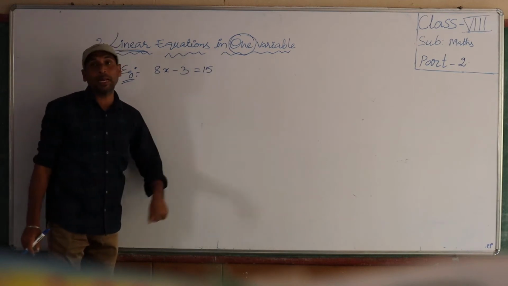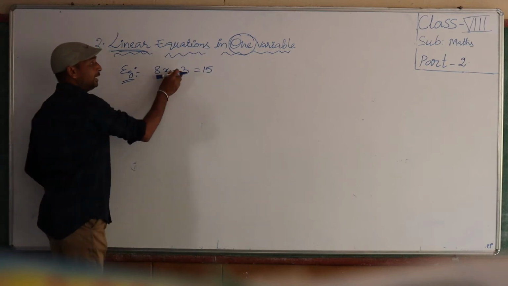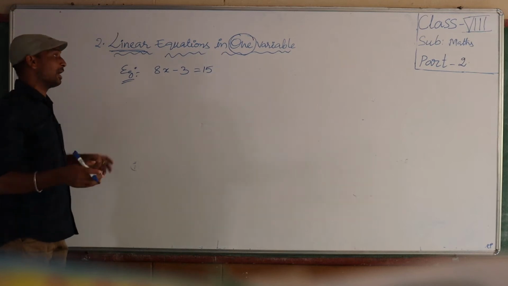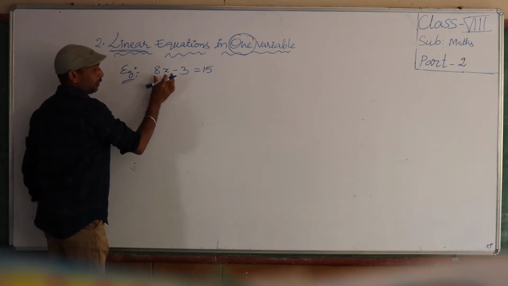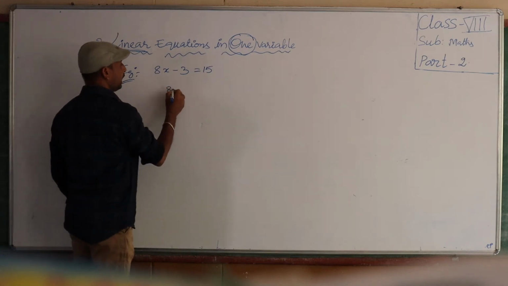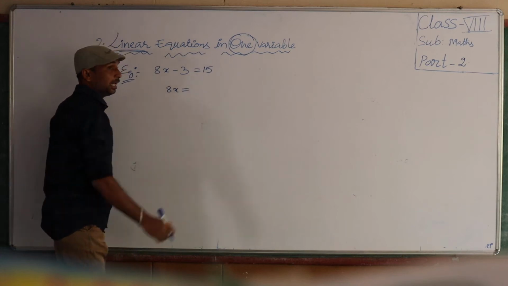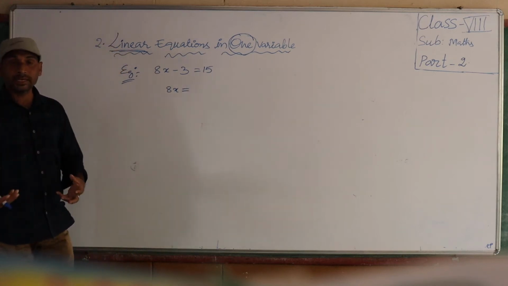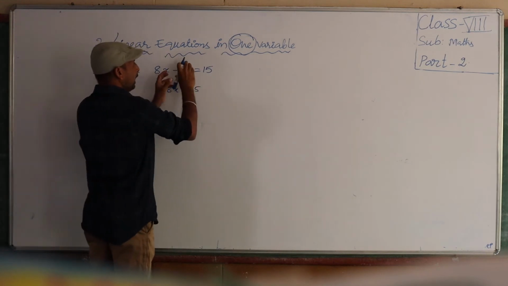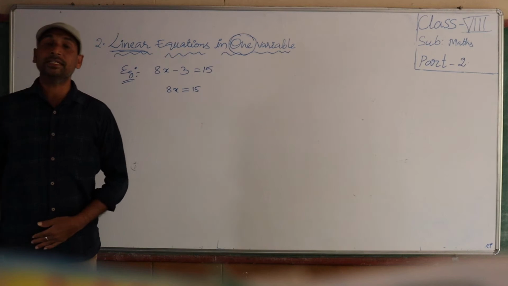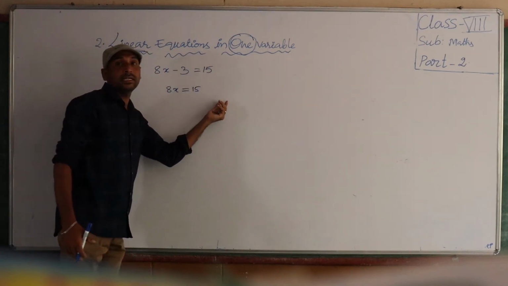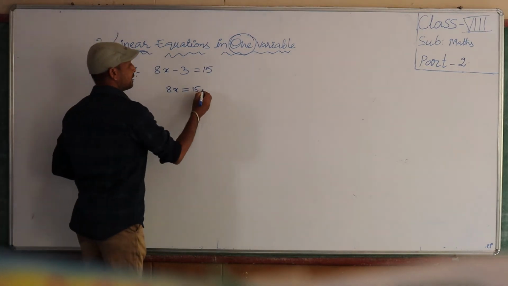So here this problem has minus. In the previous problem we were taking plus. So here, 8x minus 3 is equal to 15, same as it is. First, the variable we have to take on the left side of the equality symbol. So 8x, then keep the equality symbol. Then what number is on the right side? First you write that one, 15, and again this minus we transpose to the right side. So here minus 3, when we take it to the right side, will become plus 3.